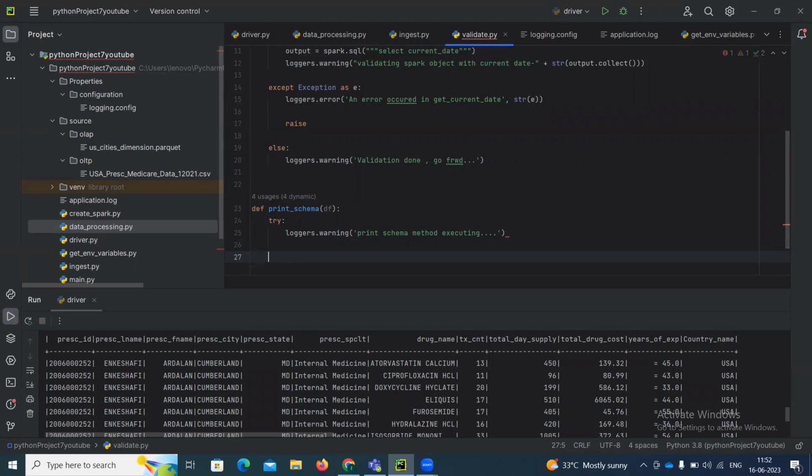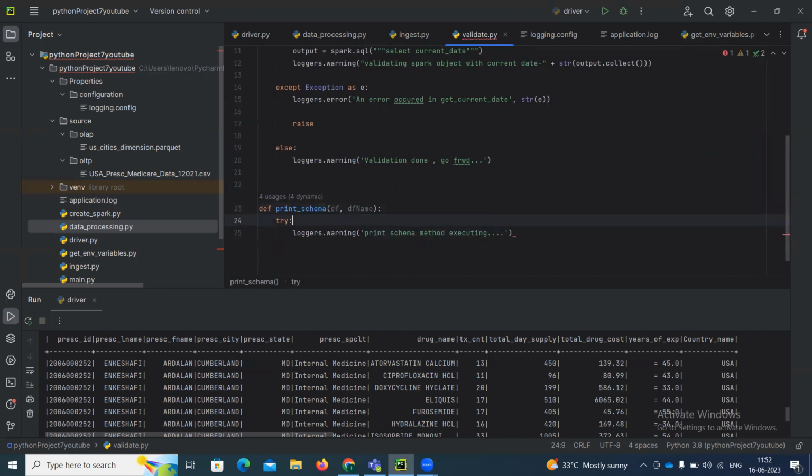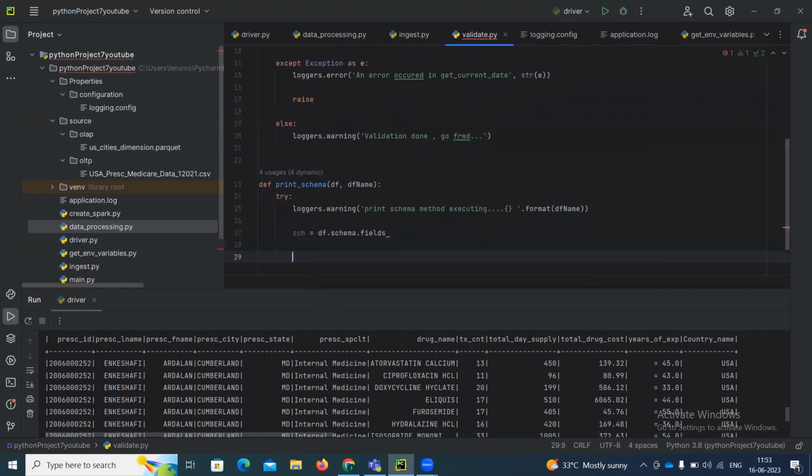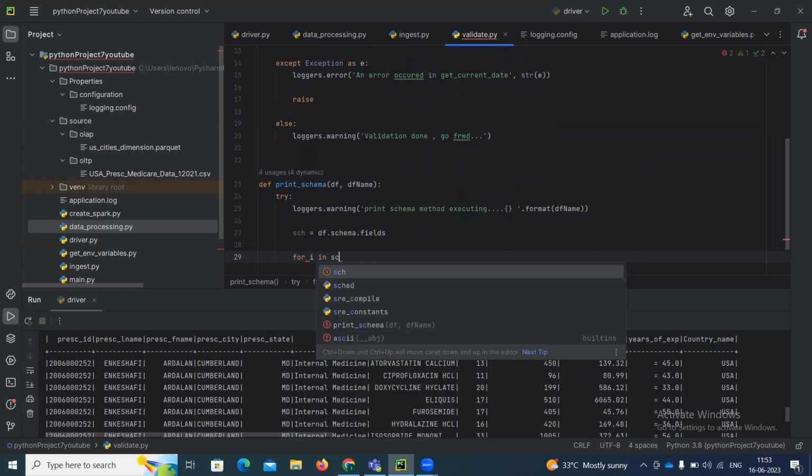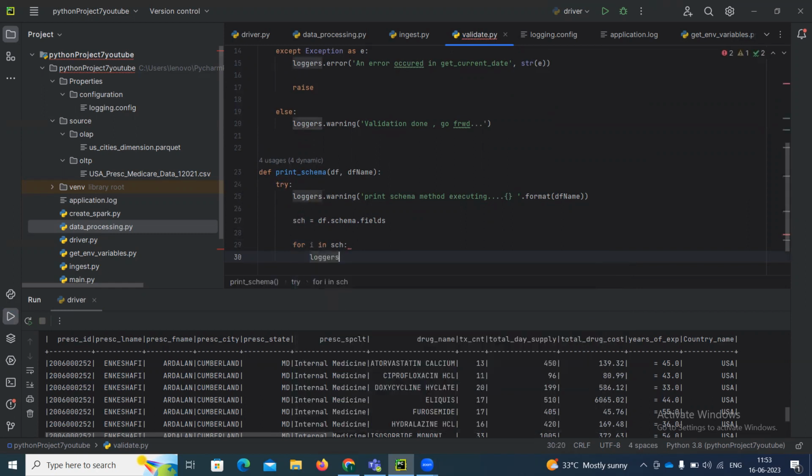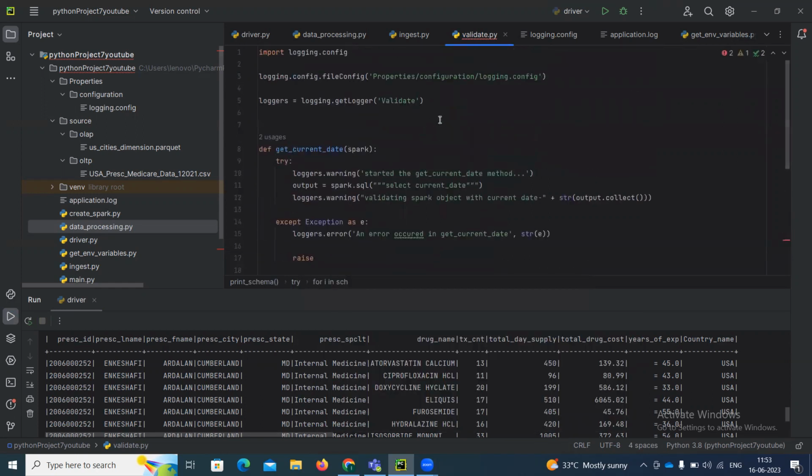Okay, we will add a few more parameters. Let us say df name, that is nothing but the data frame name. Okay. Format, dot format. Let us say df name. Just call a variable, df dot schema dot fields. By this you will get the schema, like the struct field and struct type. Let's print it out, for i in it. Let us say loggers dot, for validation we use